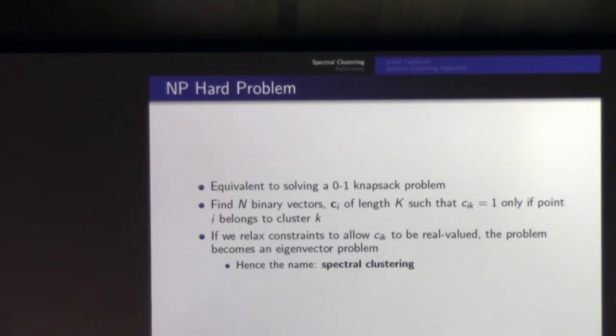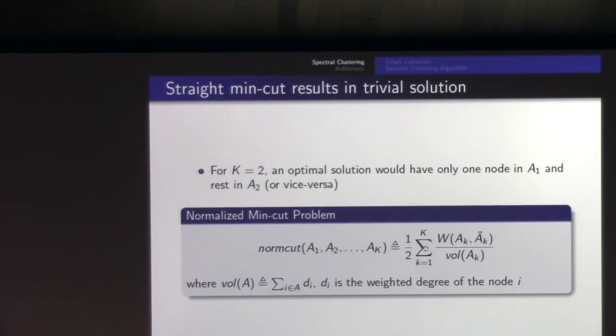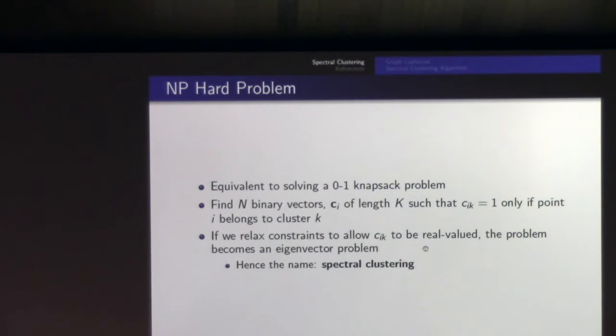Of course, what we saw last time was that posing it like this makes it an NP-hard problem. I'm not going to go into that too much, but essentially it is equivalent to solving a 0-1 knapsack problem, which in computer science is a well-known NP-complete problem. So how do we still find these cuts? Now our problem becomes slightly different: given a graph, how do we identify these cuts, knowing that if you have original data, you can convert it into a graph, so that you could use that